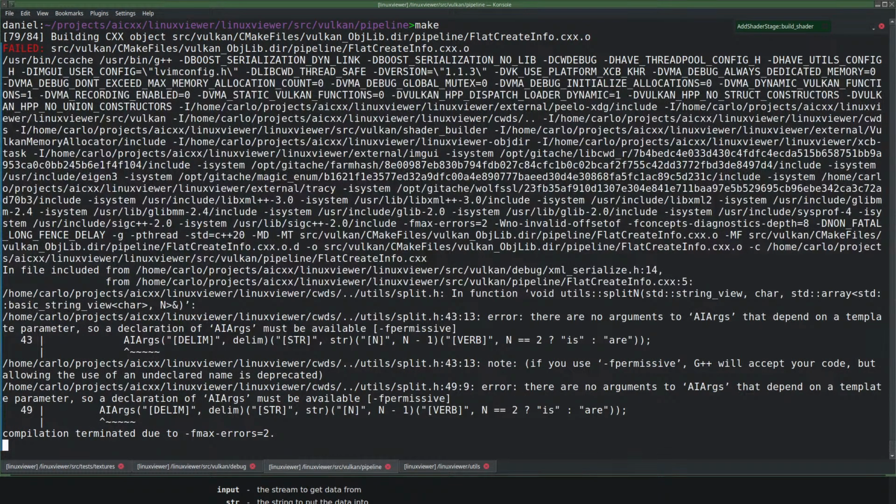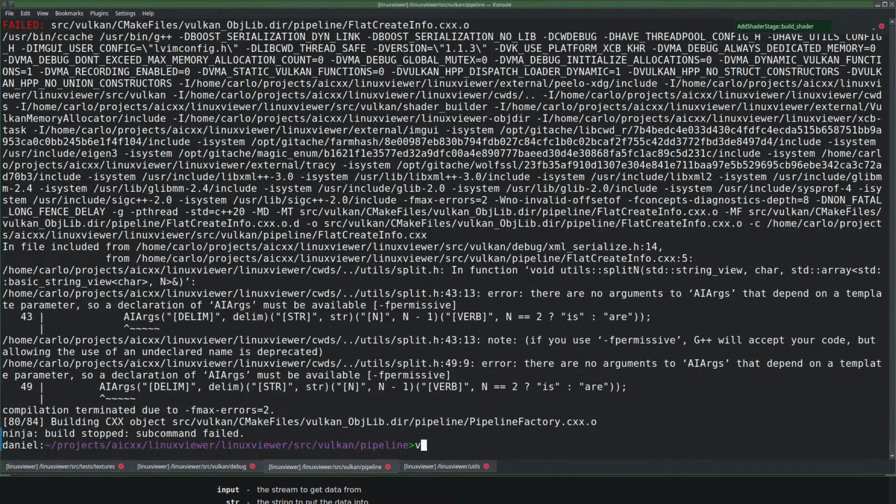Something is wrong. What am I reading it into? There are no arguments to AIRs that depend on a template parameter, so a declaration of AIRs must be available.